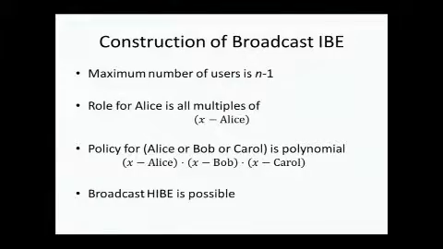But you can build other things besides HIBE with it. For example, you can build Broadcast IBE, where every message goes to any subset of the users of size at most, I guess, n-1 here, where n is the dimension of the space. The way you do it is that you treat the vectors in this space as polynomials, just as the coefficients of polynomials. And you give to Alice all the multiples of the polynomial x minus Alice. So this is a vector subspace,